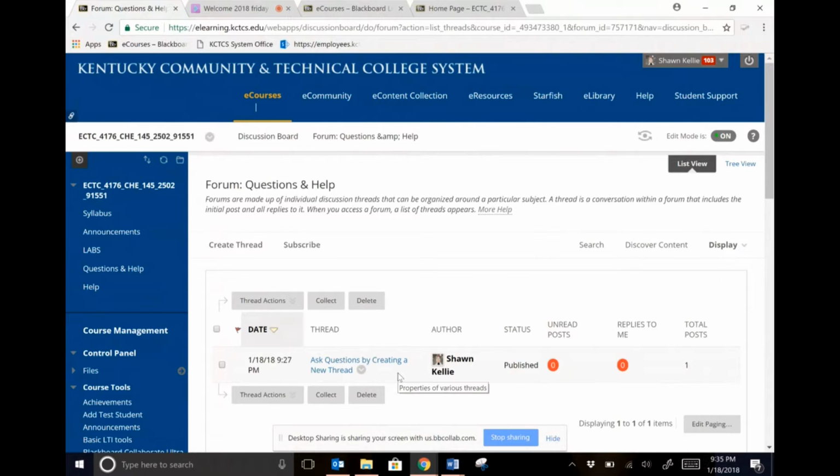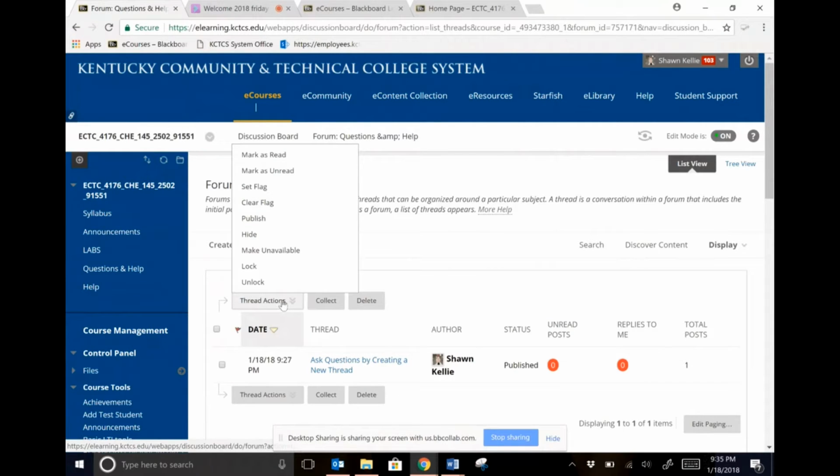That way, A, I make sure that I see your message, and B, we're keeping the discussions under the same topic. If somebody else has posted the same question you have, by all means, jump in on their thread. But most of the time in this class, you probably need to create your own thread if you're asking a question. So you just come over here and